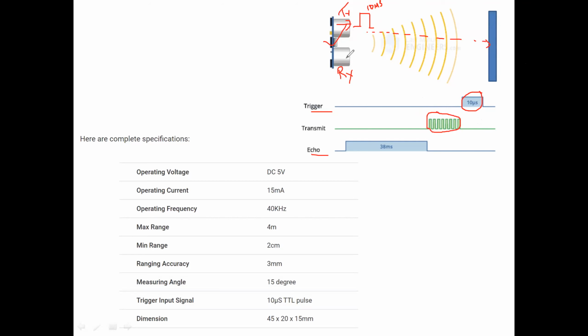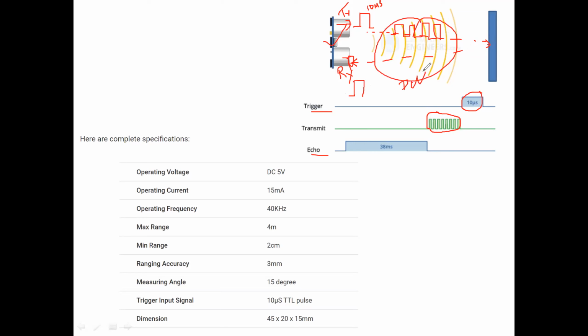Then you have to make the receiver pin high. High or low depends on the programmer. After a certain duration, the pulse burst, pulse stream, whatever we call it, hits the receiver, so automatically the receiver pin will go high after a certain duration.